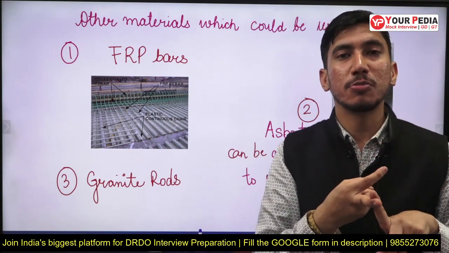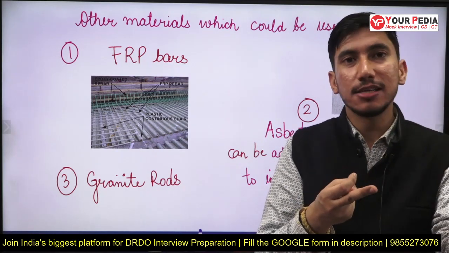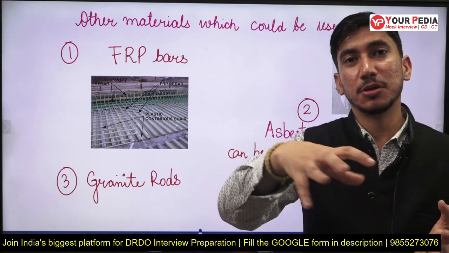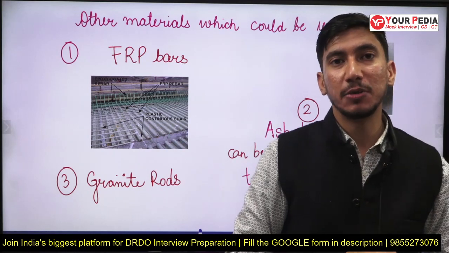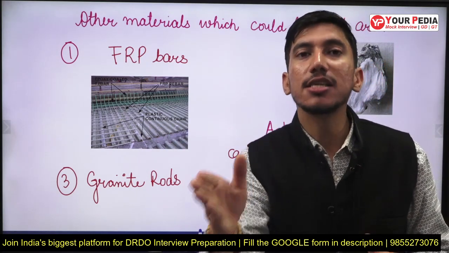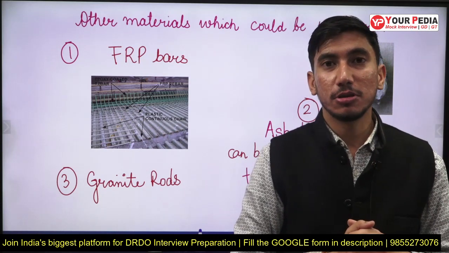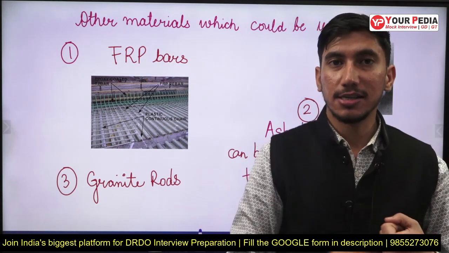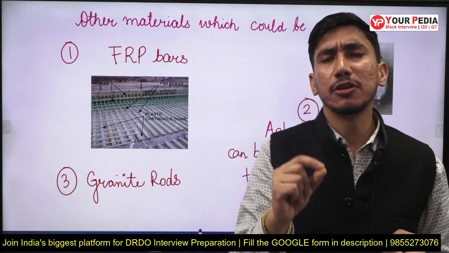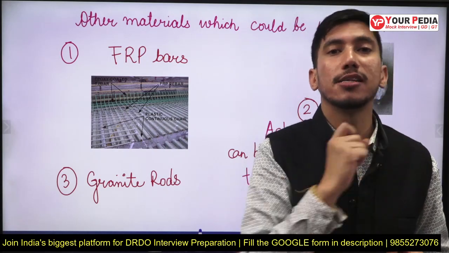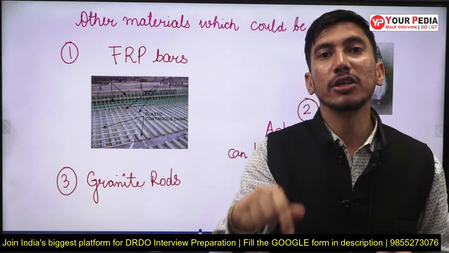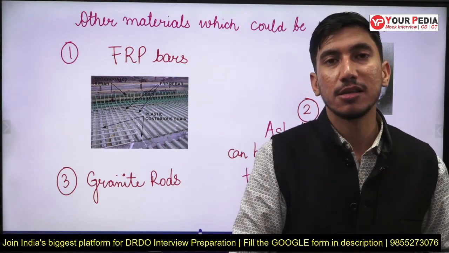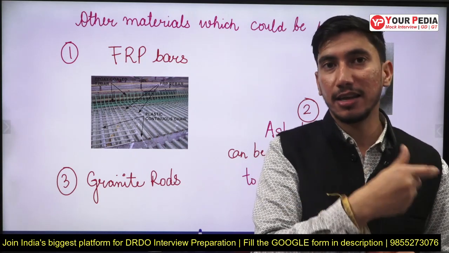The first question that comes to my mind is, we know that RCC is something in which reinforcement is added. We know that when we walk on the road, or when these concrete roads or rigid pavements are being made, there is some steel that we provide in those roads. So those roads should technically be called reinforced cement concrete roads or RCC pavements, but we always refer to them as CC pavements and not RCC pavements. This is my question: why those concrete roads are not considered as RCC pavements, but they are simply referred to as CC pavements? You can think about it. I'll tell you the answer at the end of the video.